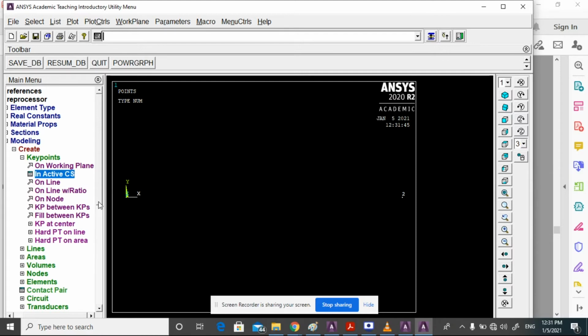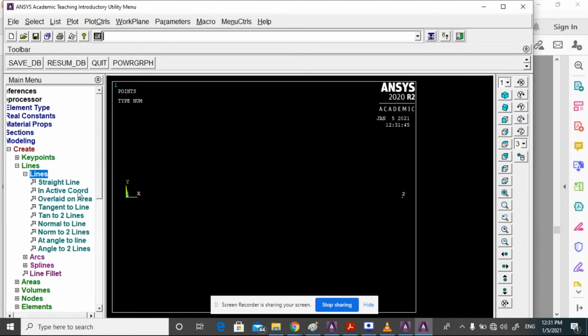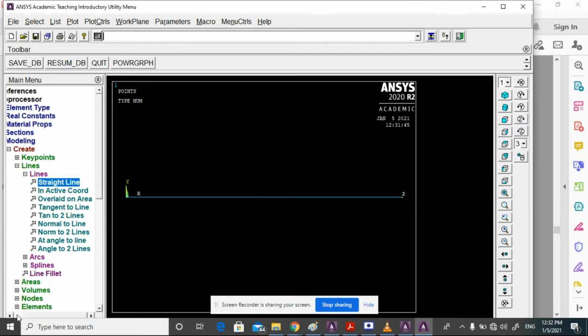Join the two key points by a straight line: on lines, straight line, select 1 and 2, and then OK.